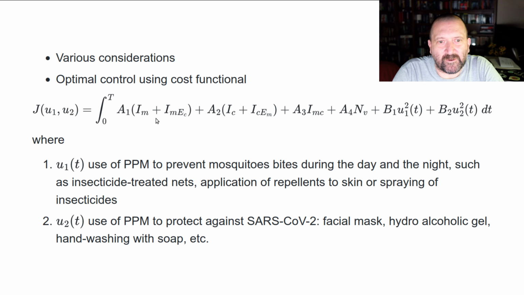This is going to be how much infection there was, how much infection with COVID, how much double infection, and the number of vectors. So if you want to minimize this, and this is the cost of using these prevention measures,